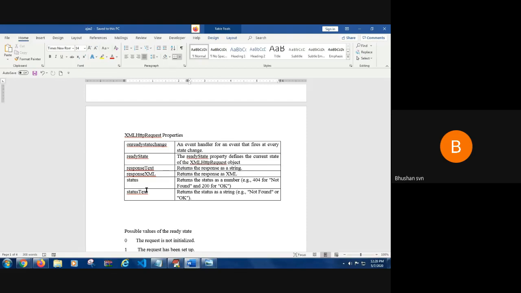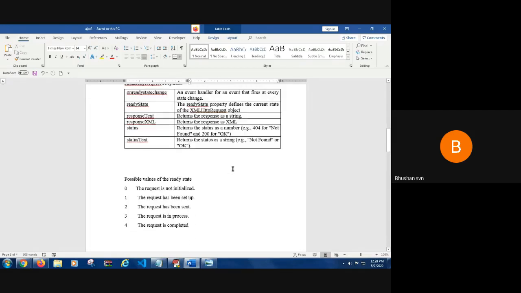All those things can be done with onreadystatechange, which will basically be assigned to some function. Next you have readyState, which defines the current state of the XML HTTP request. It will take different kinds of values.